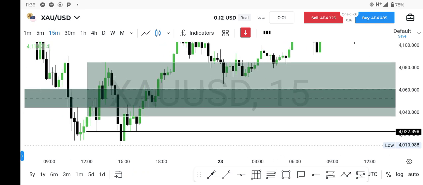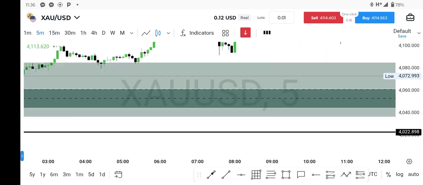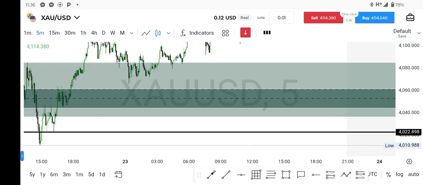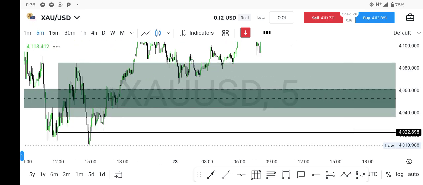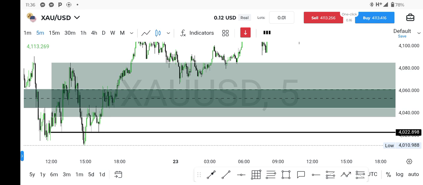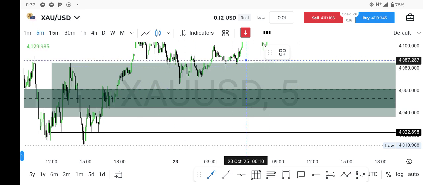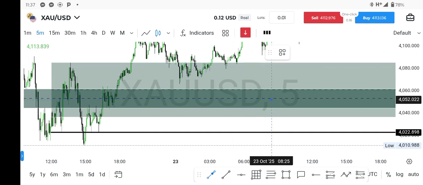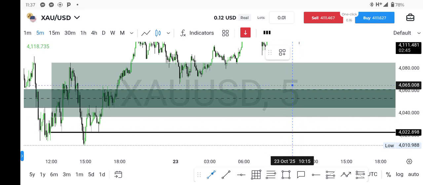Price can reach out to this place, it can reach out to this place and reverse. It depends how bullish the market is. So if you go down to the smaller time frame, you could see all these things are what? Liquidity resting below. So it will sweep this liquidity and tap here to reverse, or it will reach out to its root before reversing to the upside. So be cautious.